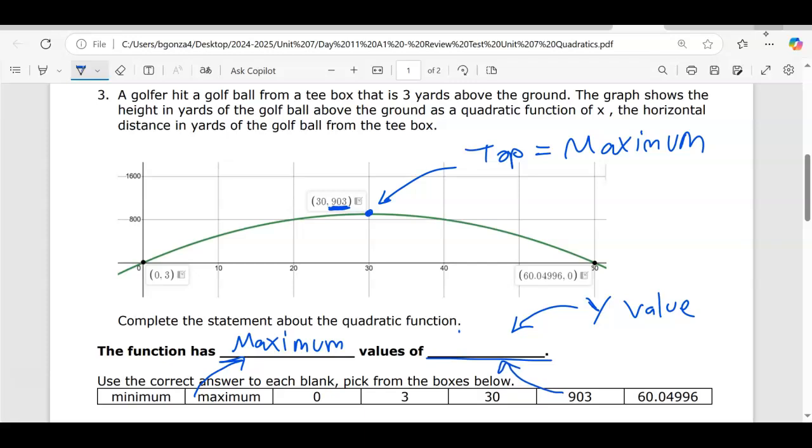903 yards. So that maximum value is the y value. The highest height it reaches is 903. Okay,